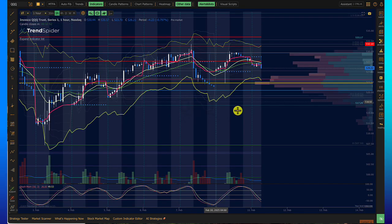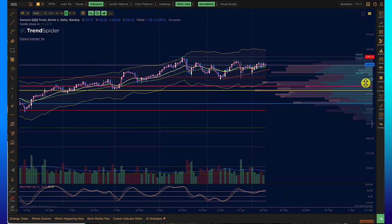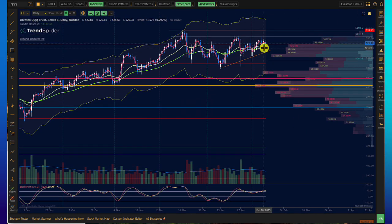QQQ. All right. Also very choppy on that hourly. Let's look at the daily. We've got ourselves a little bit of sideways action, but still buy the dip. Still buy the dip. Value area high, 525. Base of the last spike would be the low of yesterday. I think that is very close to the go, no go, but I would prefer to look at